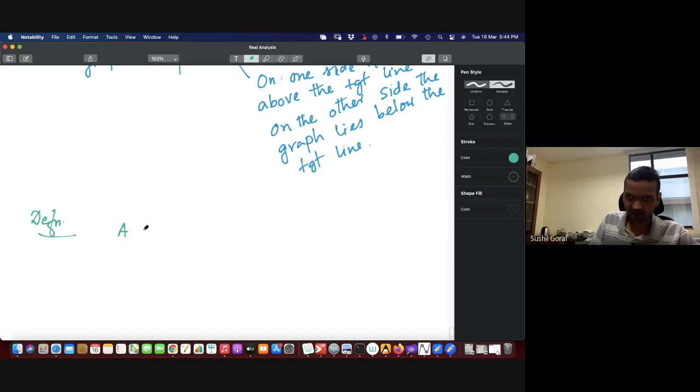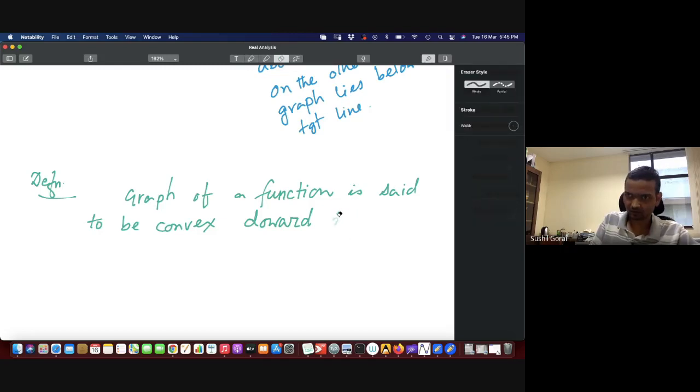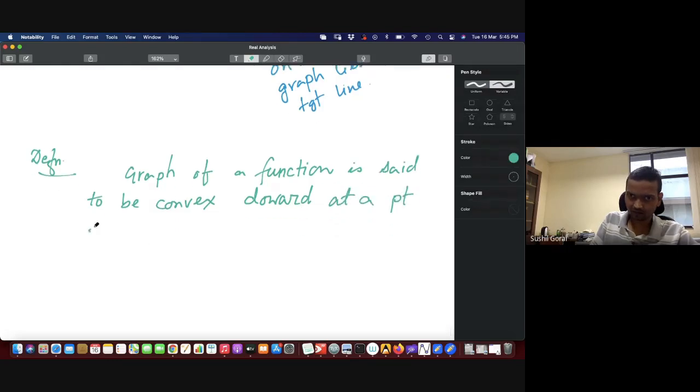The graph of a function is said to be convex downward if at a point x naught,